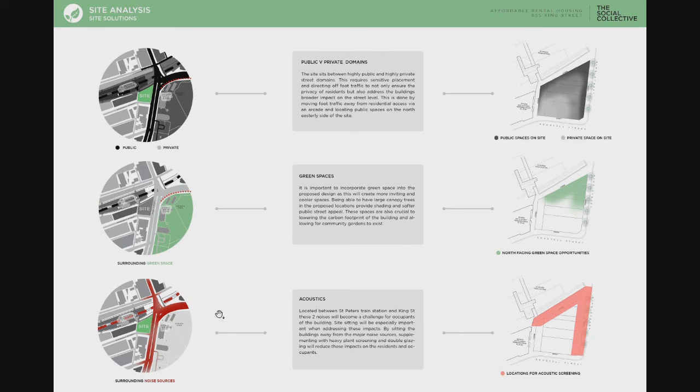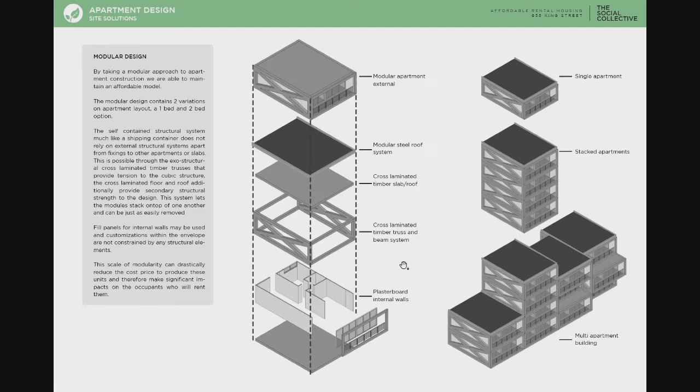Then we look at acoustics. There is the large train station nearby as well as the main road. We'll be looking at how we can treat these acoustics for the apartment and the residents, as well as the commercial spaces. By taking a modular approach to design, we're able to dramatically cut costs, make it more efficient, and